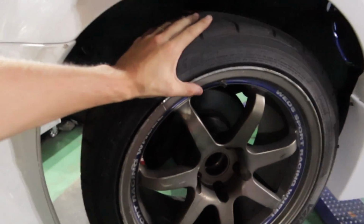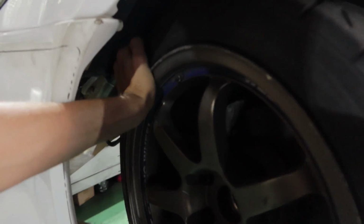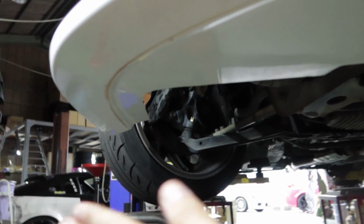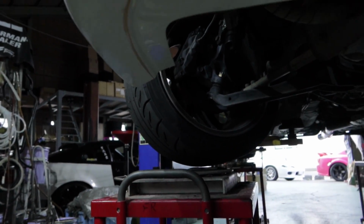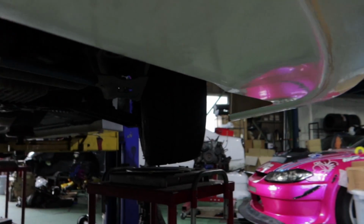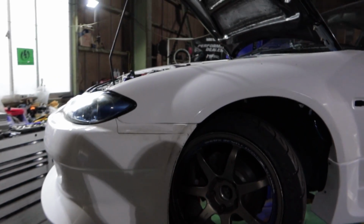We don't know who made them. They seem pretty good, but me and Oka-chan noticed something just before. The Ackermann on this seems really aggressive. As you can see, this is the leading one right now because we've got them turning to, well, to my left, but it's technically turned to the right. See how much angle the leading wheel has compared to the trailing wheel? So it looks like there's a lot of Ackermann in these knuckles,